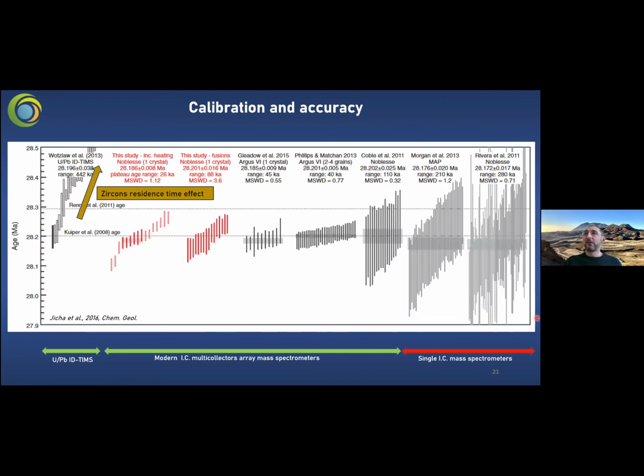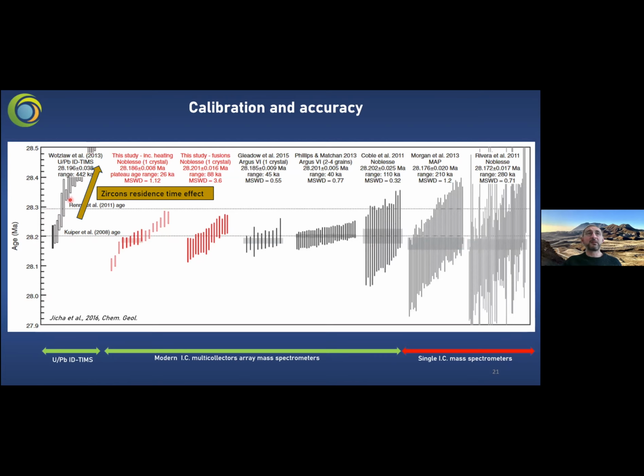This is an example of what has been done in 2011, and this is what right now we can do with single crystal dating at 28.2 million. And I just want to show you to compare argon-argon dating here and rhenium-lead dating on the same ignimbrite, which is the Fish Canyon.